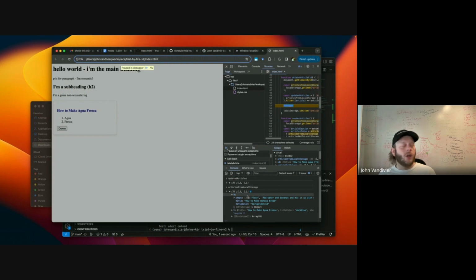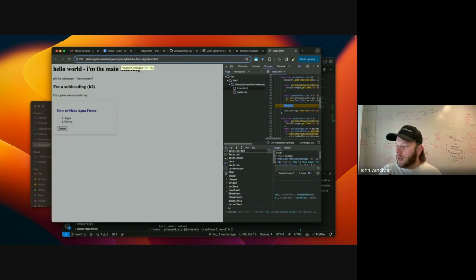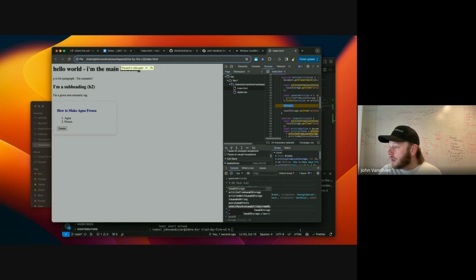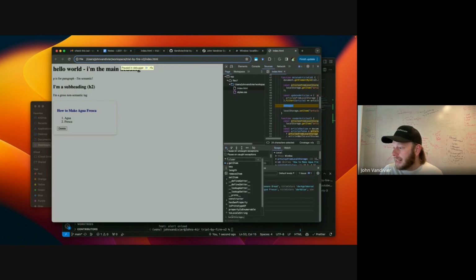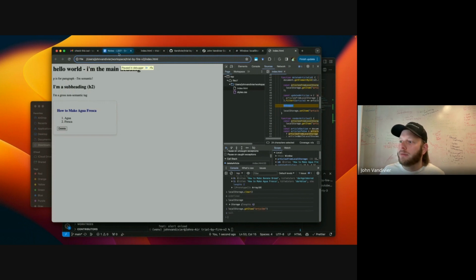Oh, okay. So yeah, even though I changed my code to add the IDs, I didn't change my local storage to have the IDs. So what I need to do is clear my local storage. And I can just do that like this. Local storage dot clear. And now if I get item articles, it should be undefined or null. Yeah, it's null. Okay, great.